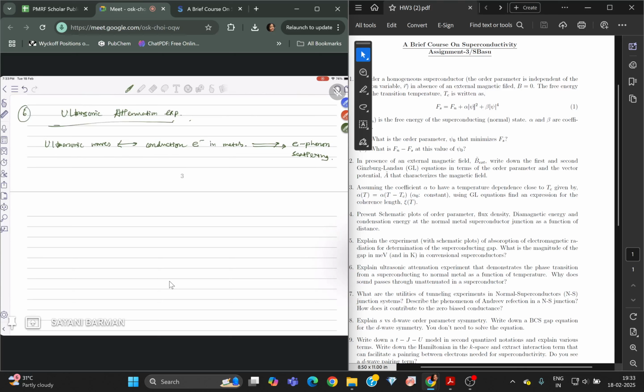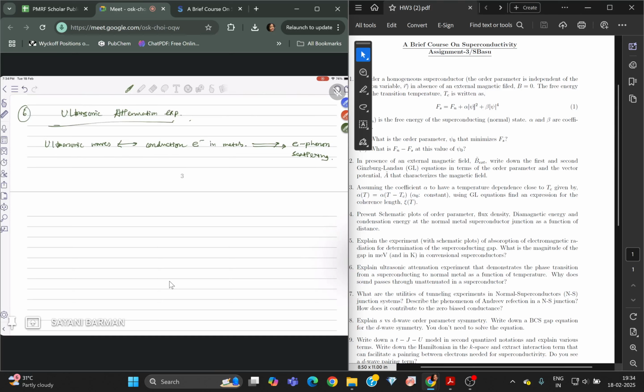Now, why does sound pass through unattenuated in a superconductor? So in the superconducting state, the Cooper pairs form. Cooper pairs are basically electron pairing. The formation of Cooper pairs leads to separation of the quasi-particle excitations that typically interact with phonons. So this means that below critical temperature, the sound wave can travel with minimal loss, making superconductors excellent low